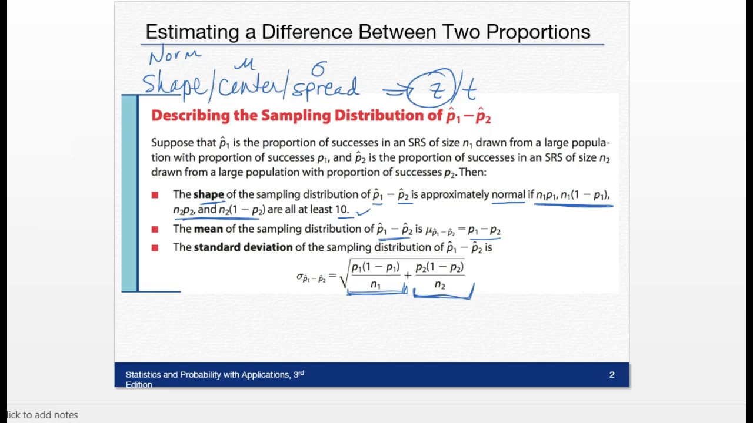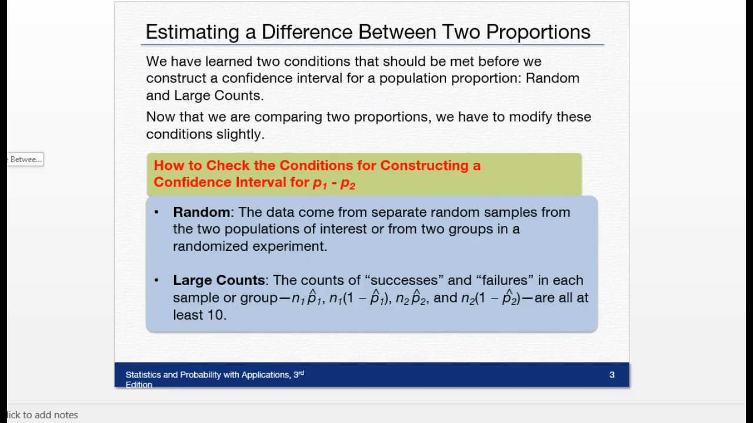Now, we've learned two conditions that have to be met before you can construct a confidence interval for a population proportion: random and large counts. Now that we're comparing two proportions, we have to modify these just slightly. To get random, you have to show that the data come from separate random samples from the two populations of interest, or form two groups in a randomized experiment. You just have to show that they're separate samples, and they're both random. So you have to say simple random sample of